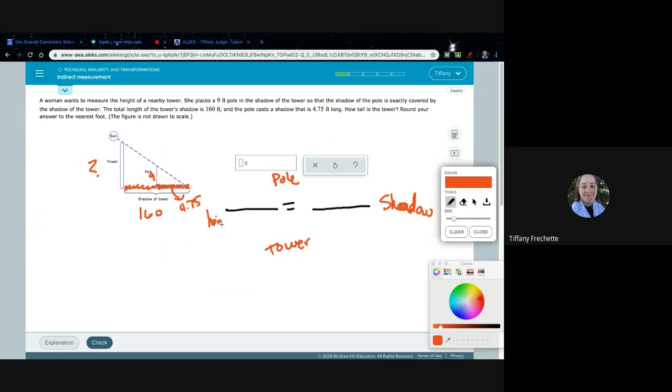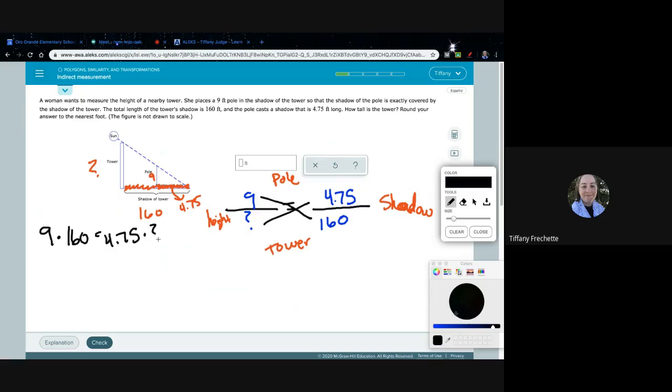So we have height again. All right, so height of the pole was 9. Height of the tower, we don't know. Shadow for the pole is 4.75. Shadow for the tower is 160. So we're just going to start cross multiplying here. And I'm going to come over here so I have a little more room. 9 times 160 equals